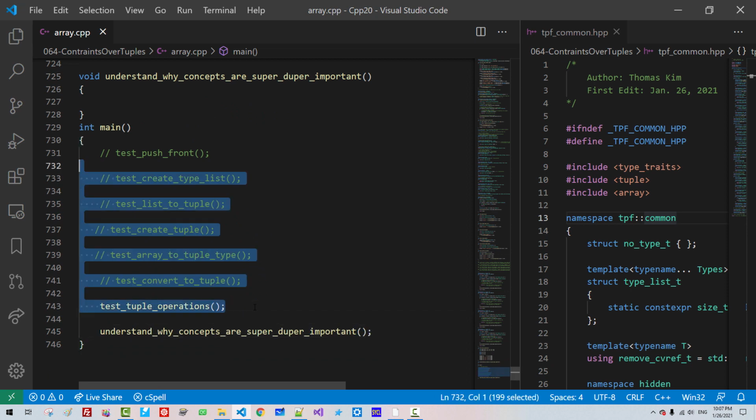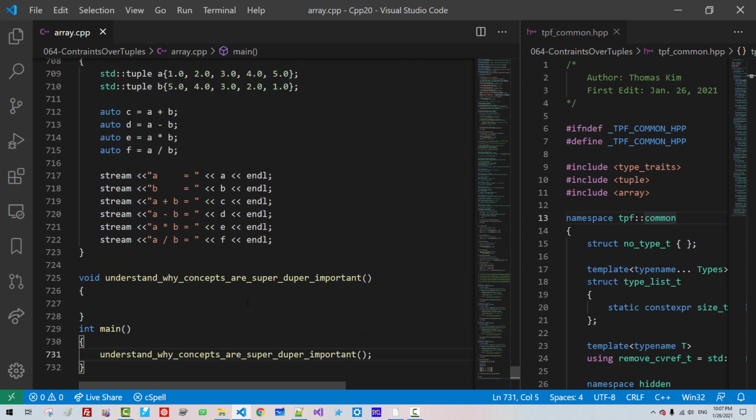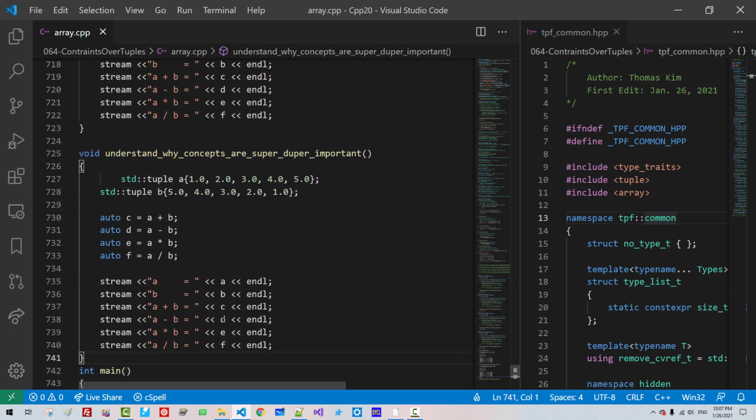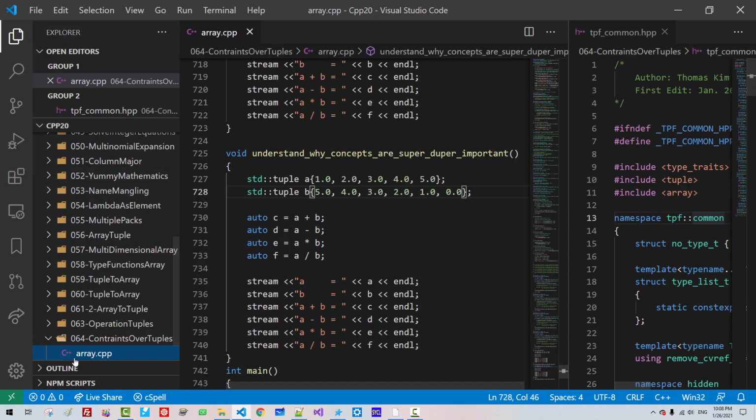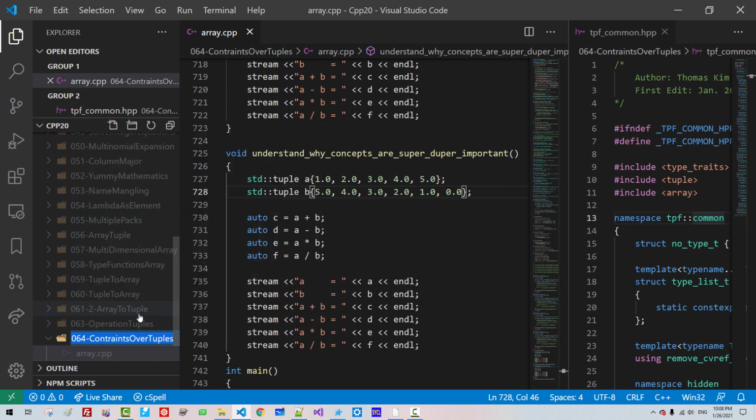I will delete like this. Scroll up here, I will copy this and paste. Now here I will add one more element, 0.0.